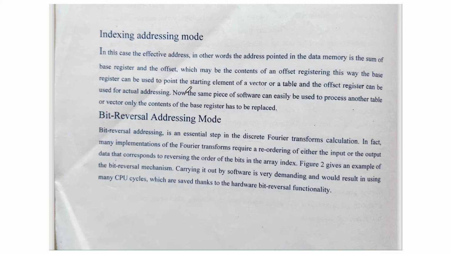Because it saves the vital cycles. You remember our previous discussion, what is the speed of the DSP processor? Million instructions per second. You can easily check this practically: just open your mobile phone, go to the Play Store, and you can download a 100 MB app or a 50 MB app within seconds. So MB means megabyte, correct?